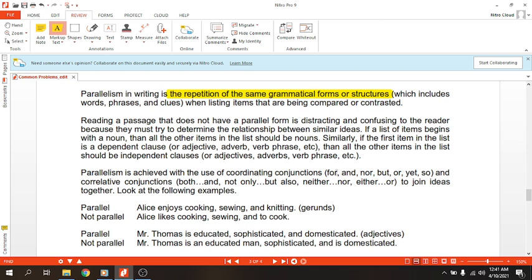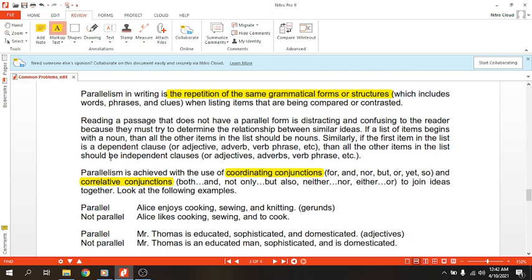Atau correlative conjunctions. So we have coordinating, we also have correlative conjunctions ya. Coordinating fun boys, correlative conjunction itu yang dua ya, both pasangannya adalah and. Jadi kalau kamu tulis both harus ada and di belakangnya, harus ada and. Oke. Kalau pakai kata not only harus ada but also-nya. Neither, nor, either, or. Oke.